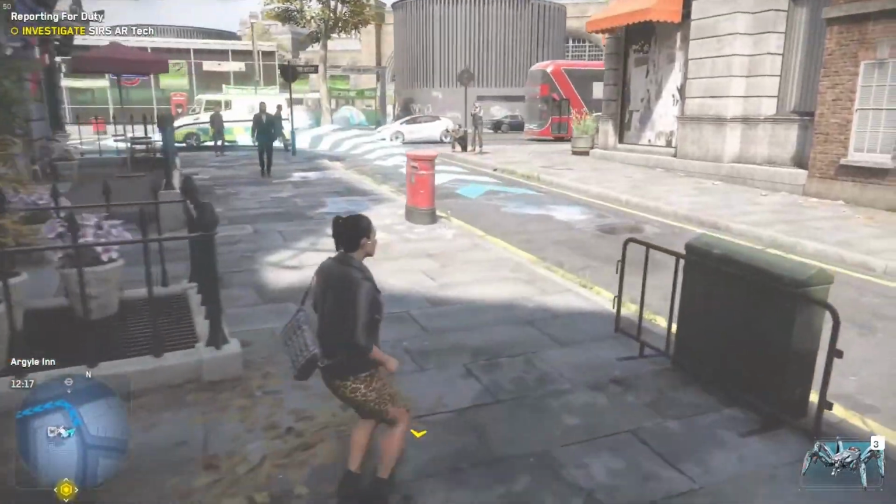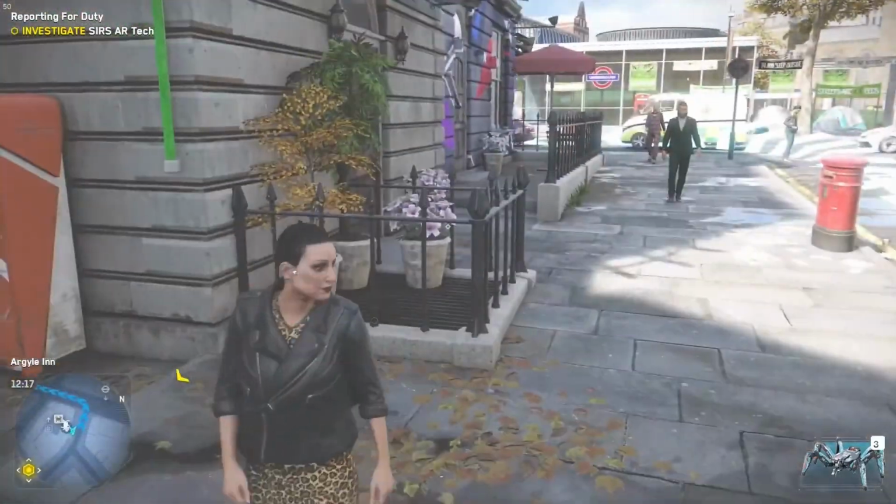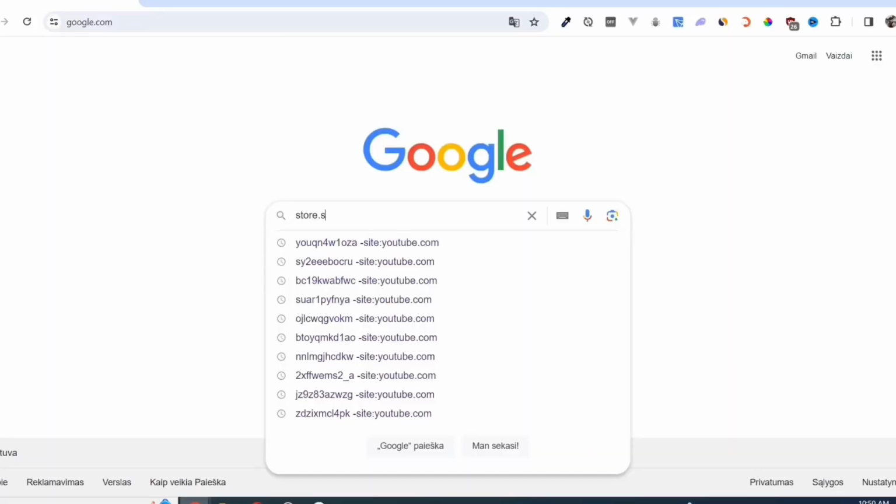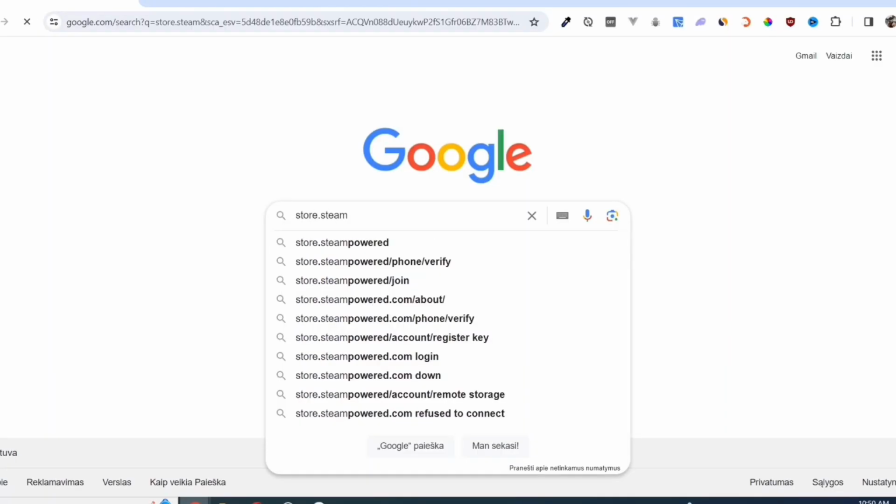In this video, I will show you how to download and install Watch Dogs Legion. First, we need to download the Steam app. Open your Google Chrome and search for